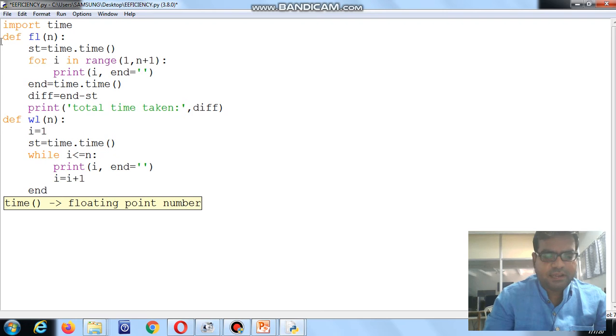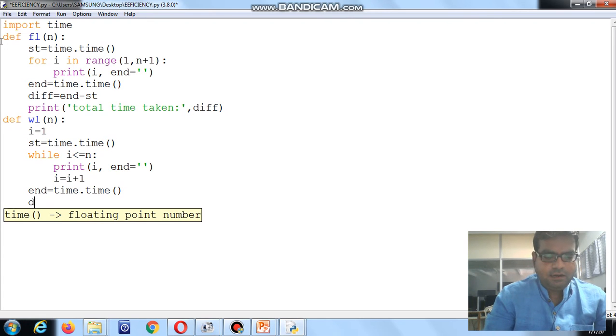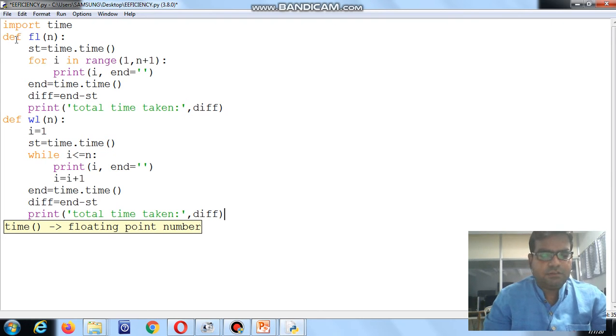Then we calculate the ending time, time dot time function, then difference is equal to end minus st. Now print total time taken, difference. Now execute the program.